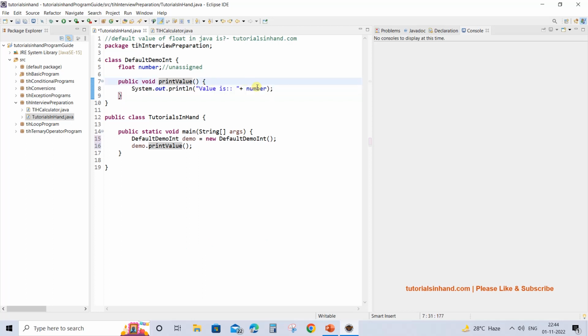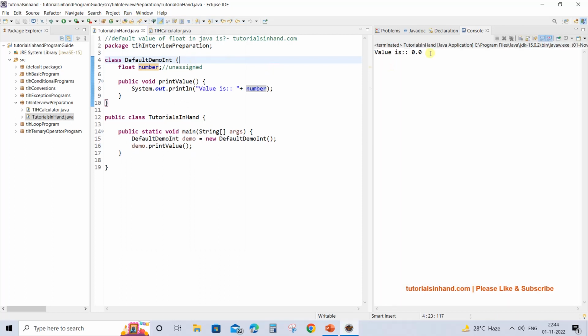So in this case, within the whole process, we do not assign any value to this variable. Let's see what is the value that would get printed, and that is known as the default value. As we see over here, 0.0 is assigned to it by the compiler, and that is the default value which any float variable will bear if it does not have any value assigned to it.